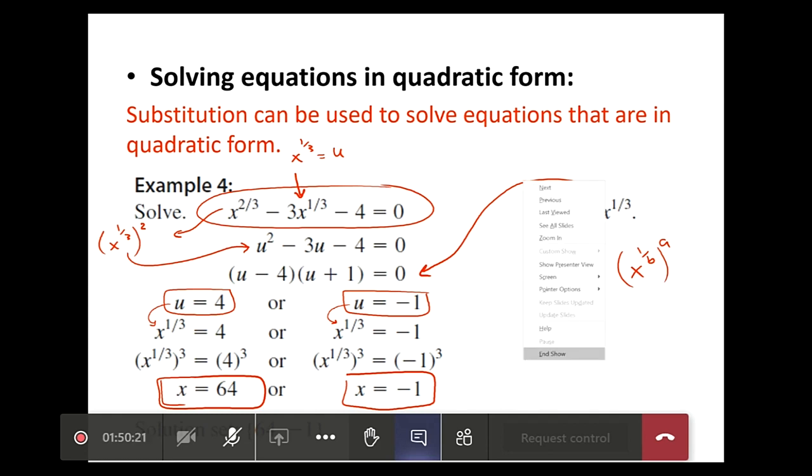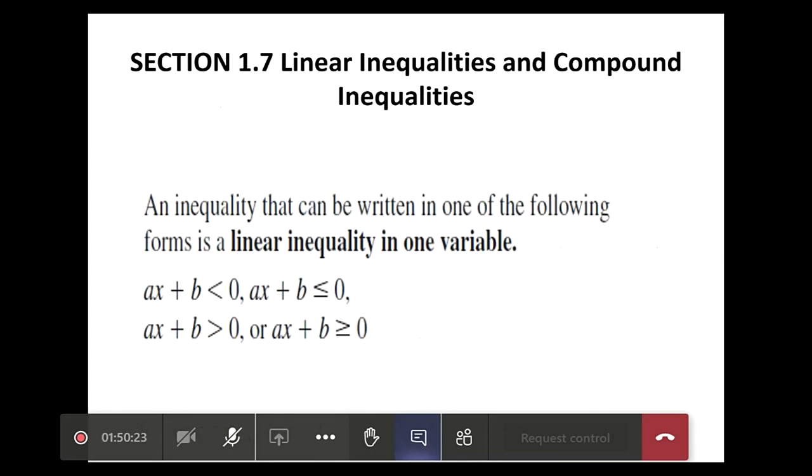I have many slides, forgive me, Mohamed. If we have time, we can go back and solve it